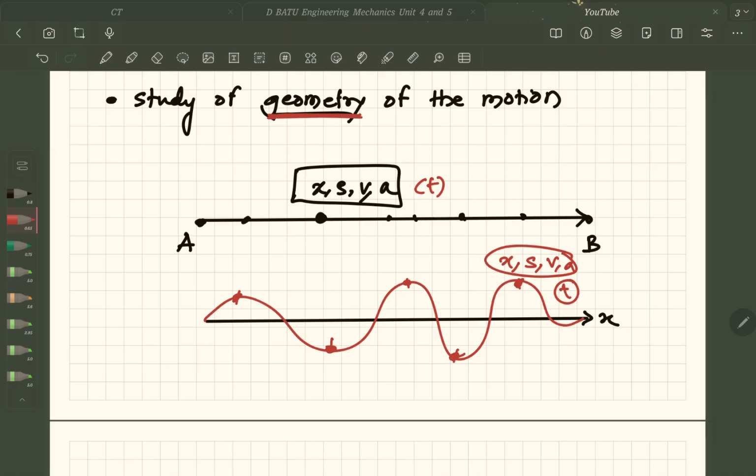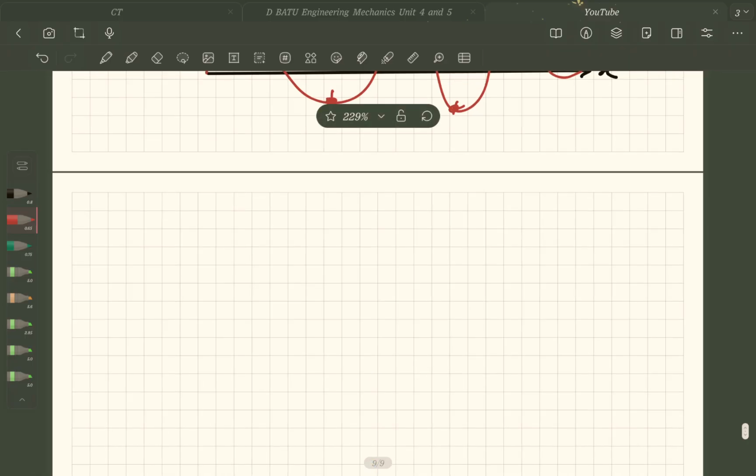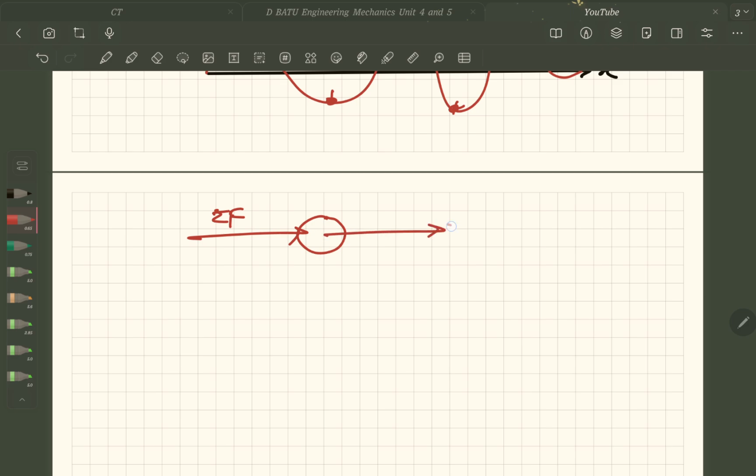So we are interested only in the geometry of the motion and not in the forces causing the motion. As we know, Newton's first law says that any object will not change its state until and unless a force is applied. That means if an object is at rest, it will stay at rest until I apply a force. Then it is going to move. But if it is moving, then it will either move faster, move slower, or stop. So only because of forces will the object be in motion, but we are not interested in that in this case. In case of kinetics,